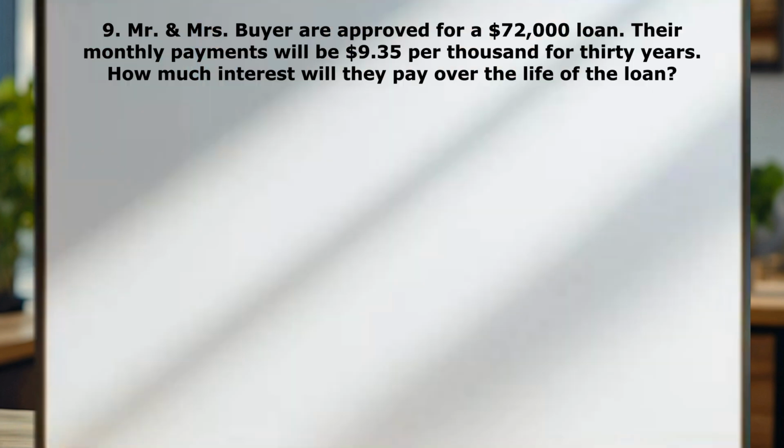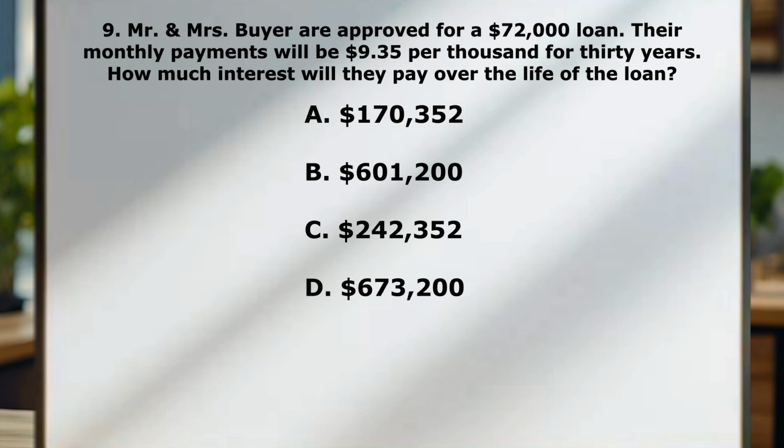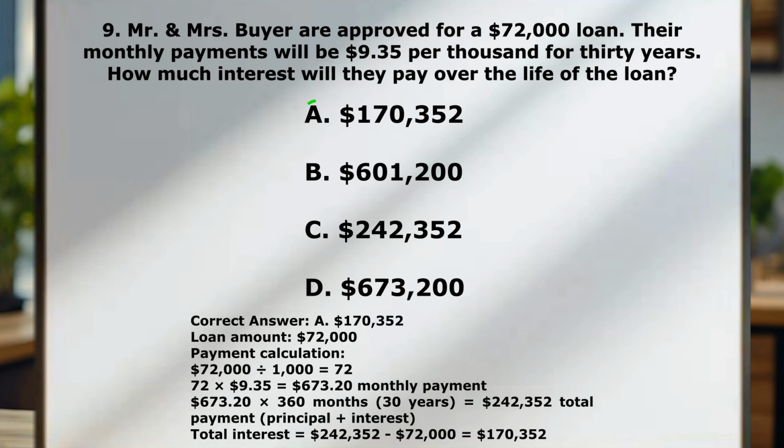Okay, question number 9. Mr. and Mrs. Buyer are approved for a $72,000 loan. Their monthly payments will be $9.35 per thousand for 30 years. How much interest will they pay over the life of the loan? A, $170,352. B, $601,200. Answer C, $242,352. Answer D, $673,200. Correct answer is A,